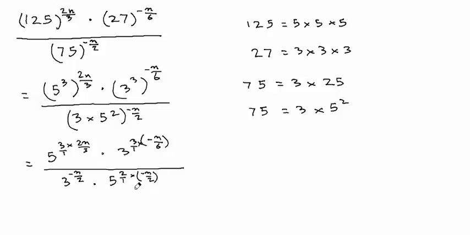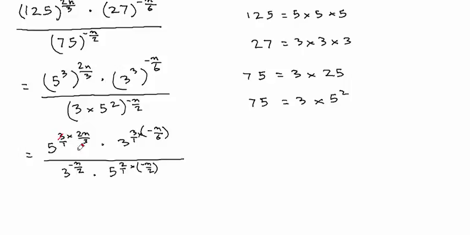Let's go ahead and simplify the exponents. So you could cross off the 3 with the 3, it's gone. Here's a 3 and here's a 6, so you could cross off the 3 with the 6 and write a 2 here. Here's a 2 and a 2, and this is going to be equal to 5 raised to the 2n over 1, which is 2n, 3 raised to the negative n over 2 times 1. This part is a 1, so that's negative n over 2, divided by 3 raised to the negative n over 2, times 5 raised to the negative n. This part is a 1,